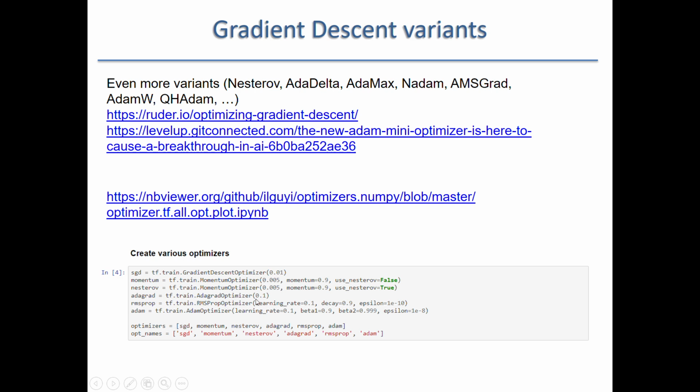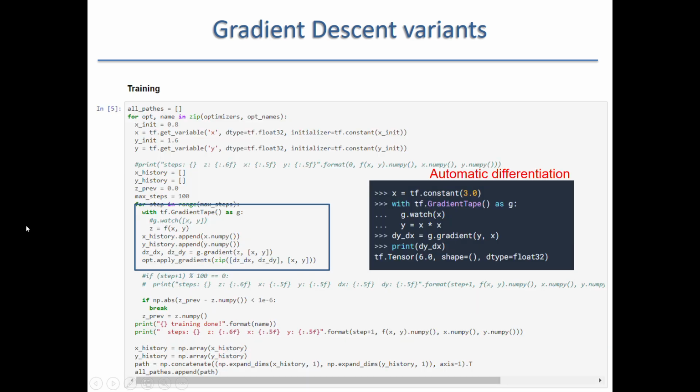The learning rates are defined at the time of creating the optimizer. So you use the optimizer to apply the gradients that you have just computed here,